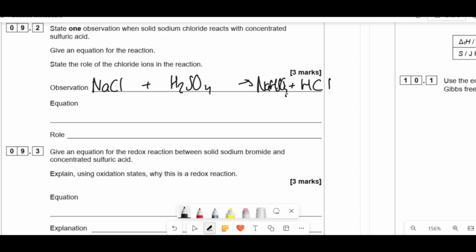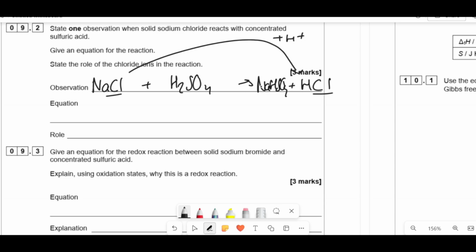So it says state the role of the chloride ions in the equation. If you look at the chloride ions, it's -1, it's -1 still. It's not changing oxidation state, so we can't really talk about anything else in that context. So what we need to do is look at what the Cl- is doing. So the Cl- is stuck to an Na, and then it becomes a Cl- with an H on it. The only difference between the two of these is that it has gained an H+. When anything in the universe gains an H+,